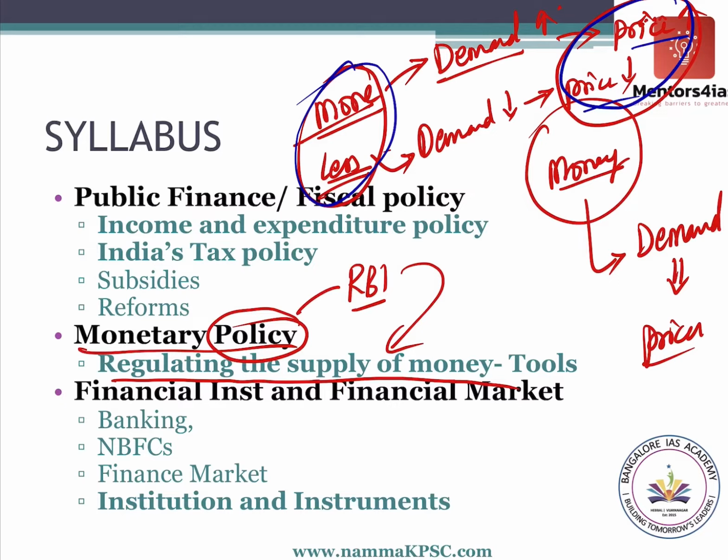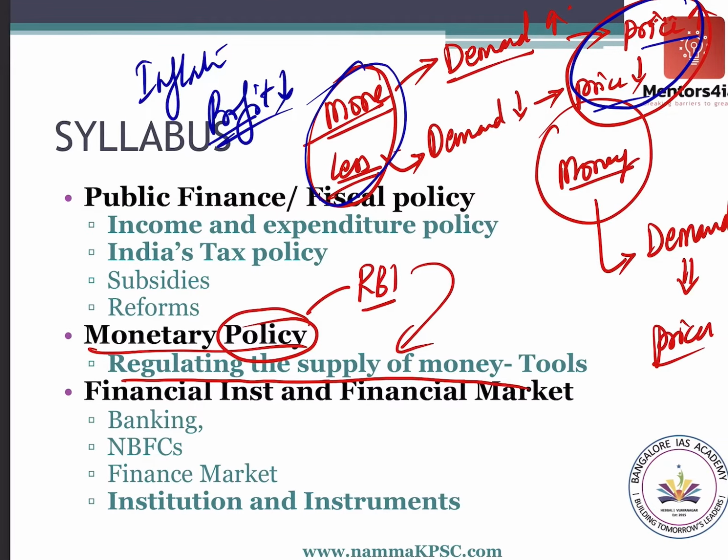More or less money in the economy will determine the prices. Either it will be high or low. If it is high, it will lead to inflation. If it is less, it may lead to less profit for the companies because they are getting a lower price. Now, if you are a farmer and you get a lower price for your produce, you will make less profit or even a loss. This might end up becoming a recession. So therefore, high prices are also bad. Low prices are also bad.